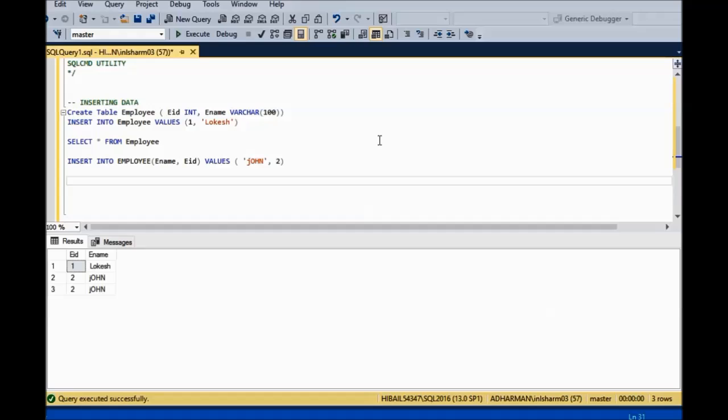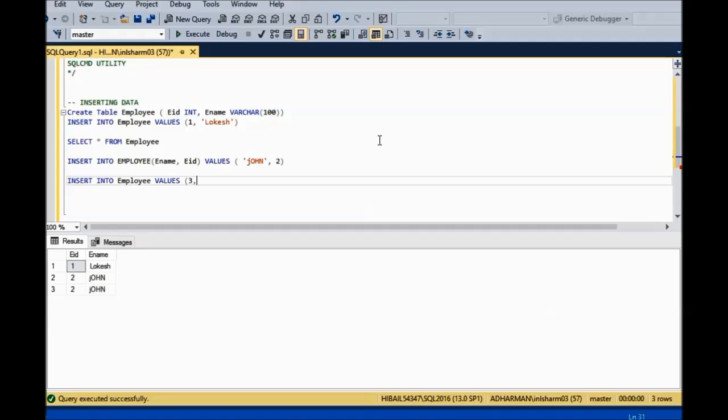So the syntax for the same would be, for example, if we want to insert 3 more employee IDs into our employee table, we'll first of all write INSERT. Make sure that you write it in caps because this is a SQL keyword. As per the standards of coding laid out by Microsoft or in most companies, the SQL keyword should be written in caps so that you can distinguish it from the user defined types. So we will write INSERT INTO, again the employee table, and then VALUES,